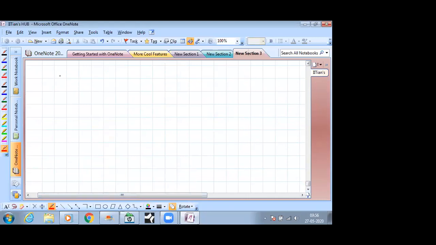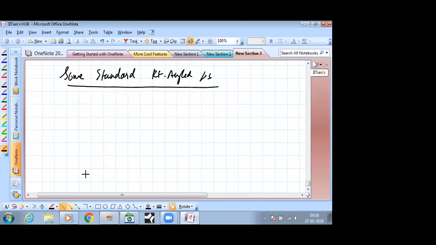One is some standard right angle triangles, which you should always keep in mind. So first up,